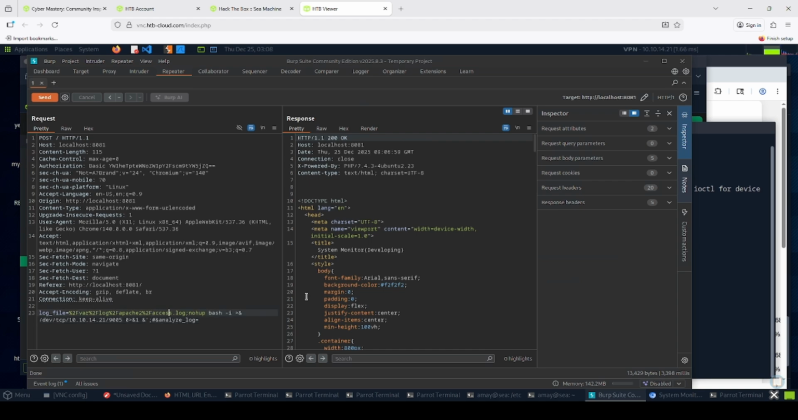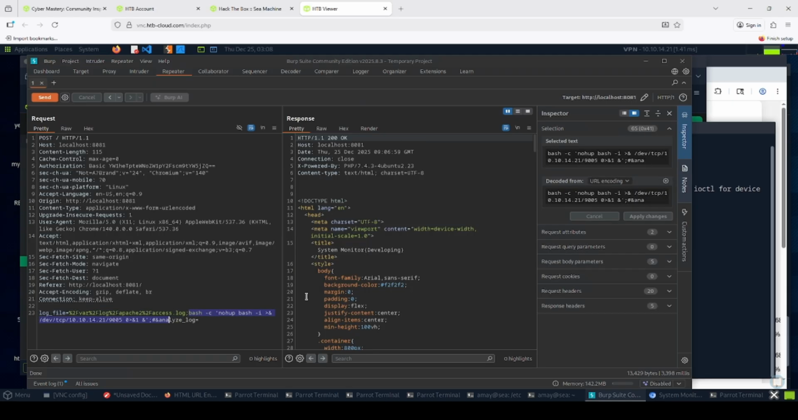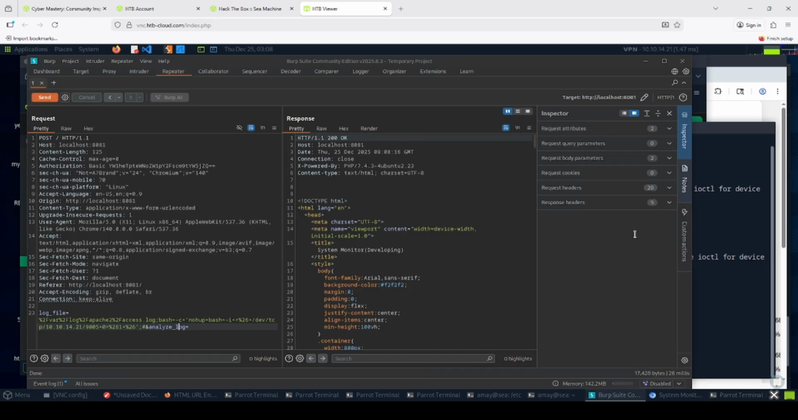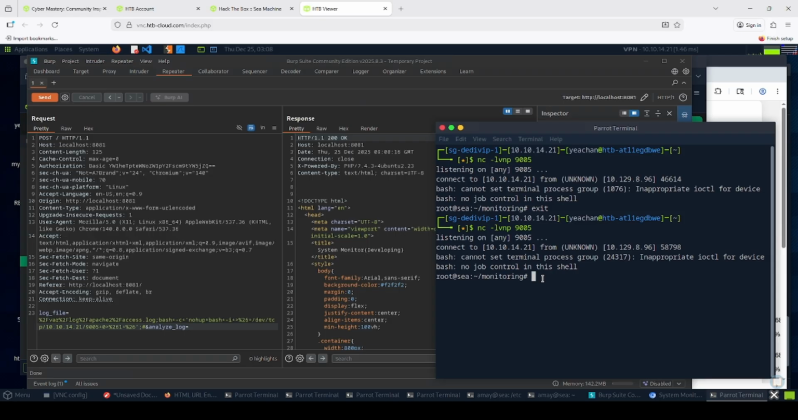Oh, maybe I missed. URL encoding again, and set the listener and send. Perfect, it doesn't die, and we can find the root file is also there. And alternatively, we can use